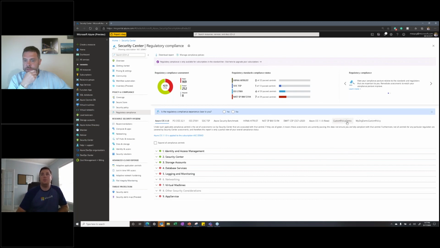But if you build a custom policy, a custom set of compliance standards that your organization needs to conform to, maybe NIST doesn't include everything you need, or maybe CIS doesn't, or HIPAA, but a combination of those controls is exactly what you need. Well, with custom policy, you can do all of that within the compliance structure. And you can apply that to different subscriptions.